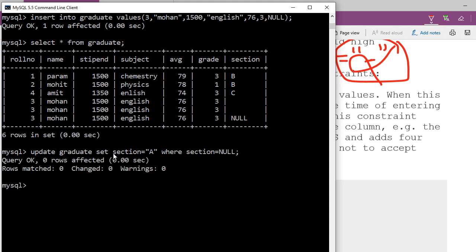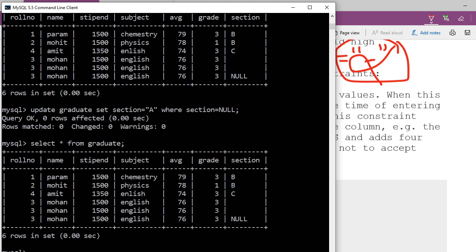Check it out here now. I'm going to write select asterisk from graduate. You see, it is still a null value. Null is a very unique thing here.